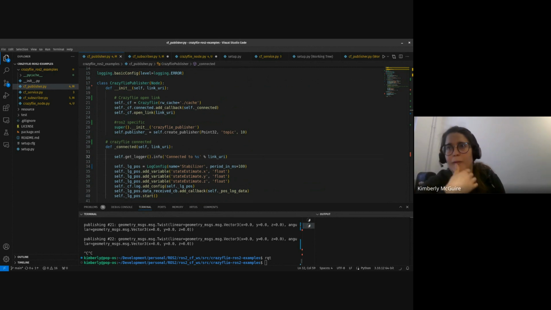But what I have understood from Wolfgang is that the CPP link backend, because I'm showing the cflib Python library here, which we also have a backend of on Crazyswarm 2, the CPP backend, if you're using an AMD chipset, so a Ryzen processor, we have heard that it is giving issues. I don't know if you guys are running it from an